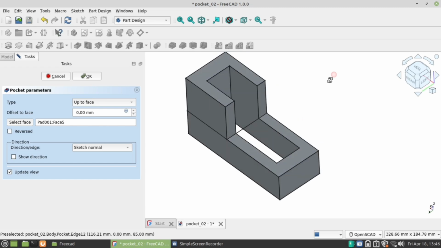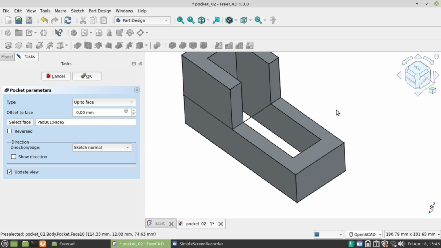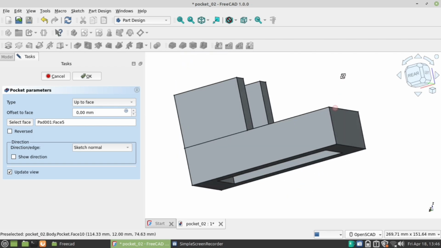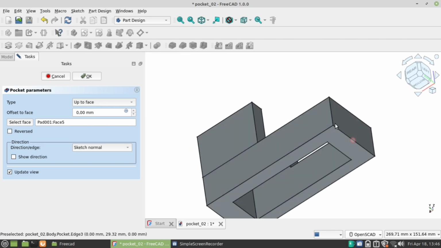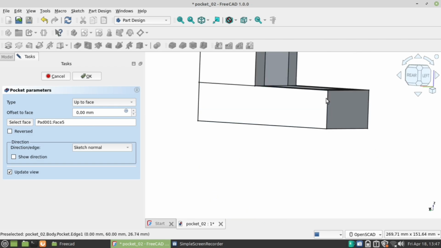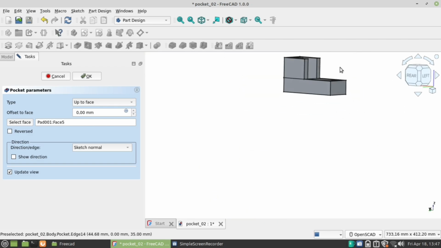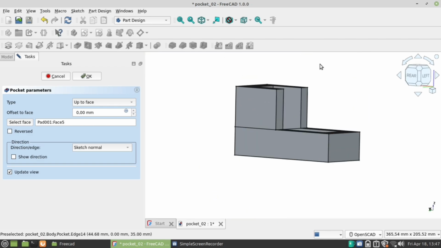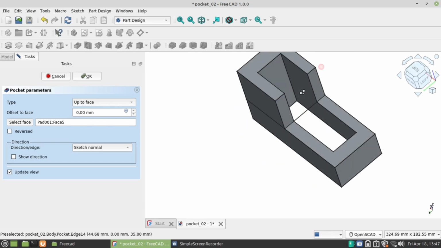And the pocket stop at the top or in my selected face. From bottom until in the top.